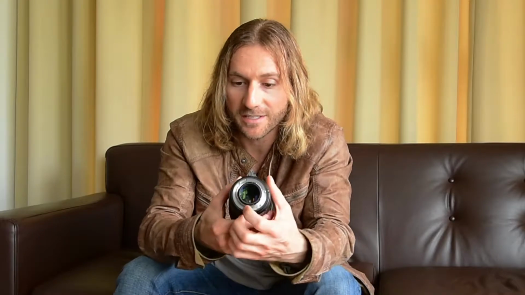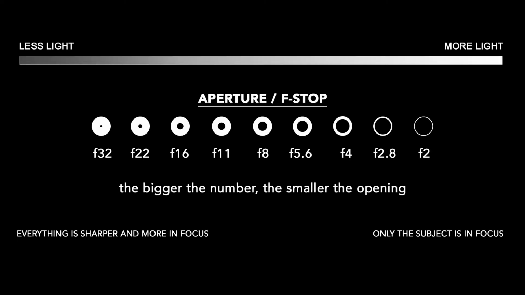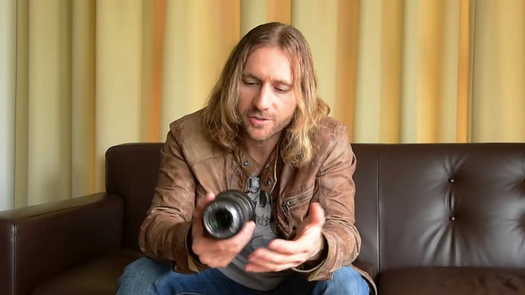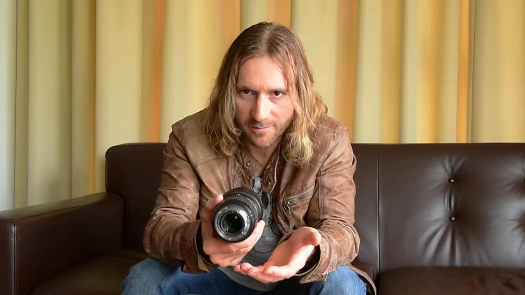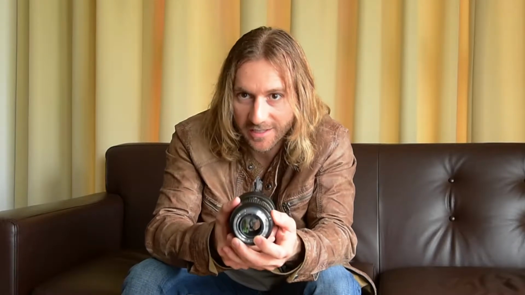And the reason is because at f2.8, the amount of light that comes in is the largest. It's the most open. So even though the number's smaller, it's actually a higher aperture. At f22, it's a tiny hole in the back of the lens here. That's why it's called the lowest. Since the aperture controls the amount of light that's coming into the camera, when it's wide open, it's at its largest value, so the most light comes into the camera. When it's closed down to f22, it's a very small opening, so only a small amount of light can enter